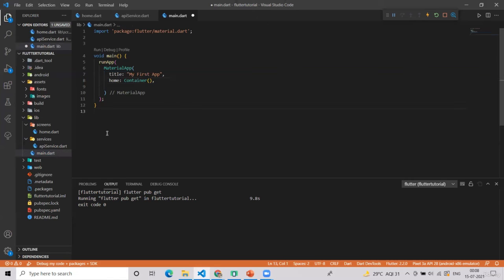So simply what I did is I organized our code in a clean manner. All the screens will be in the screens folder. All the API services, that is all the server side code or whatever is interacting with the API, will be in the api_service.dart.